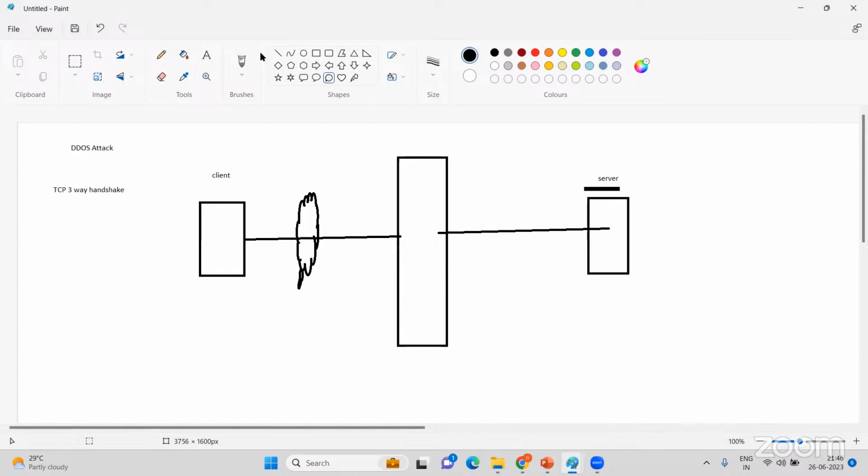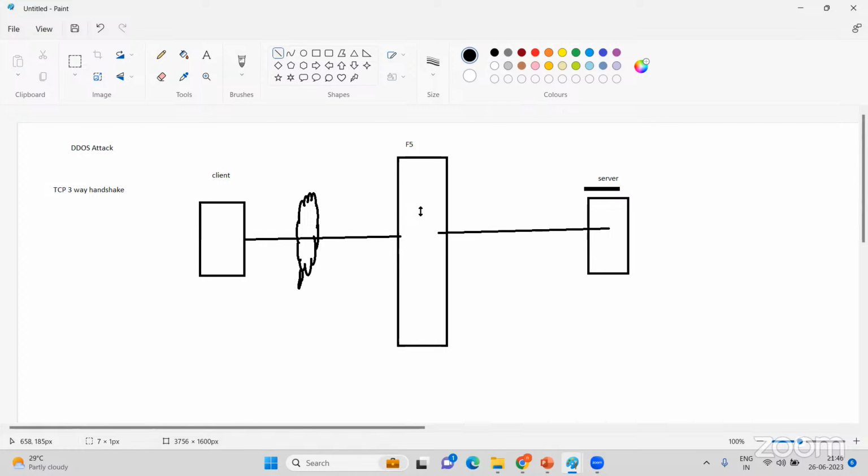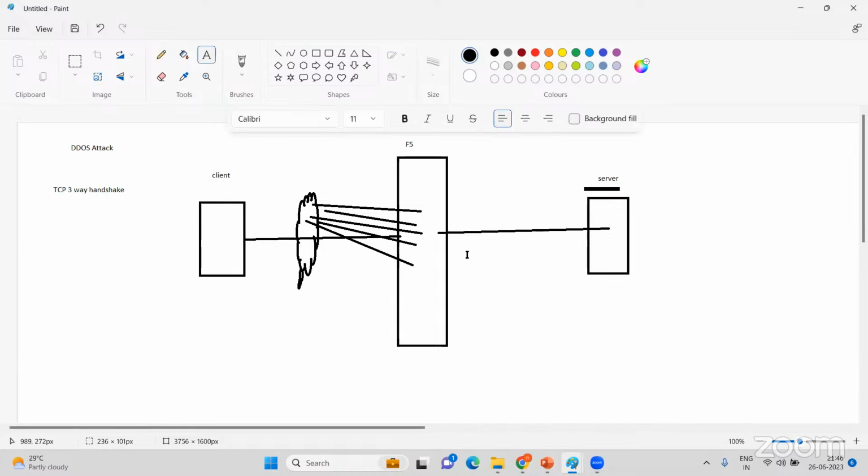The internet facing device is your F5. Even if hackers send thousands of requests over here, F5 has a mechanism for hardware checks and software checks